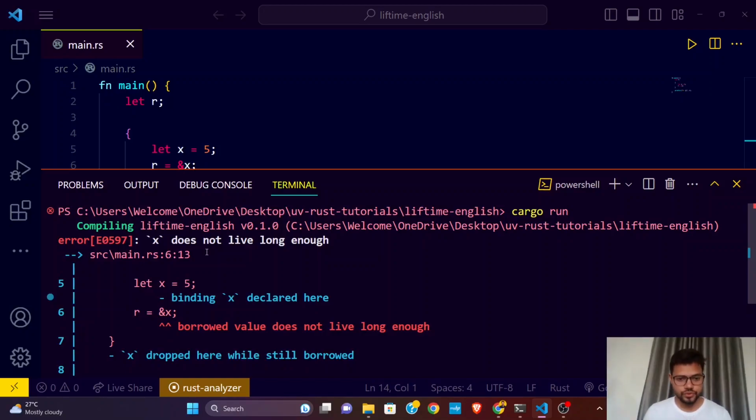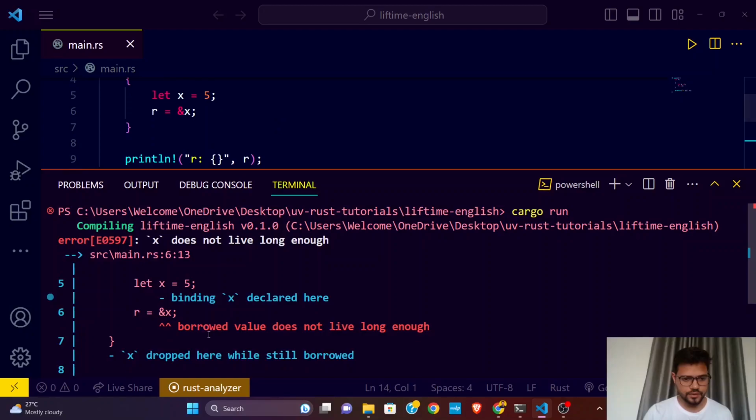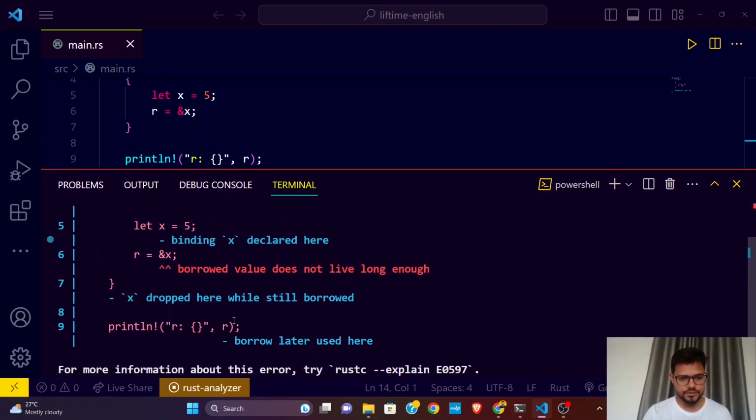of some variable, you are going to see in the reference data type only. Okay, friends. So as it is saying, finding x declared here. Okay. So and then we borrowed value does not live long enough, and as we can see,